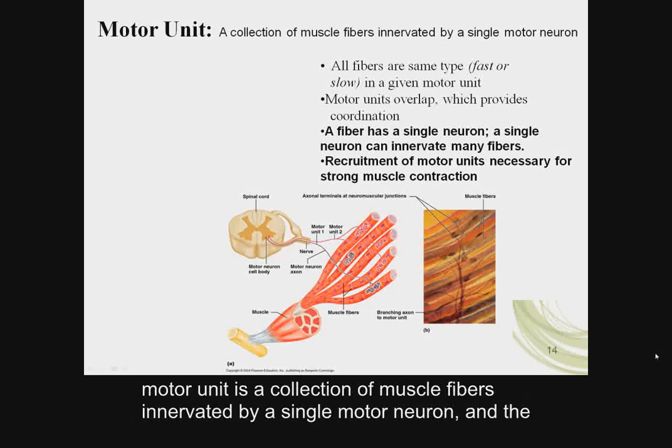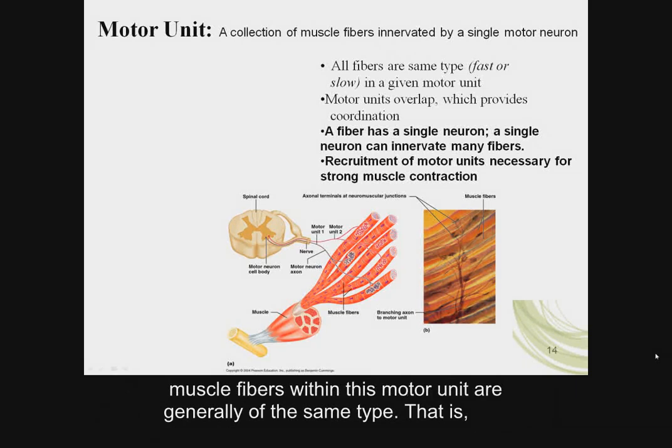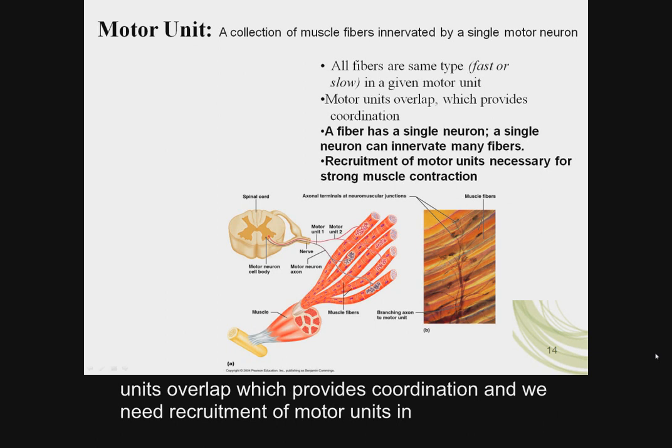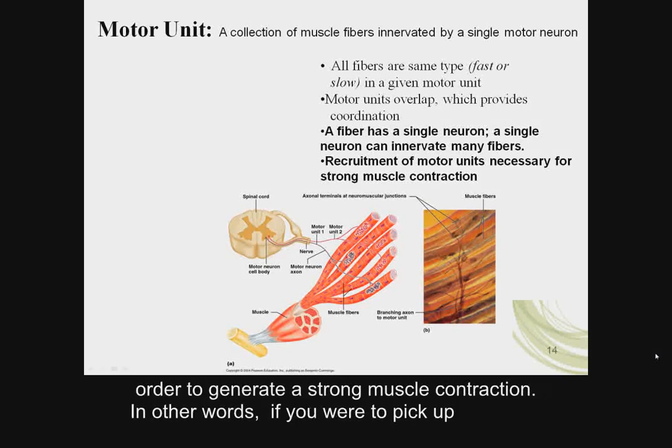A motor unit is a collection of muscle fibers innervated by a single motor neuron, and the muscle fibers within this motor unit are generally of the same type, that is, either fast or slow, and I'll be discussing muscle fiber types in a little bit. Motor units overlap, which provides coordination, and we need recruitment of motor units in order to generate a strong muscle